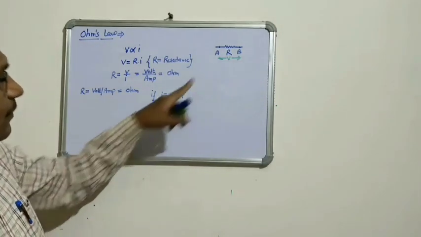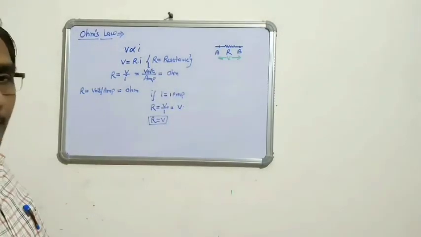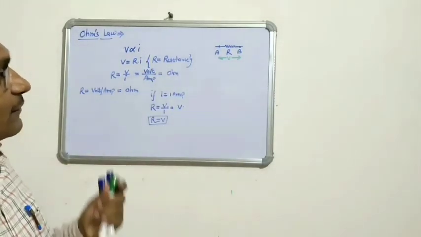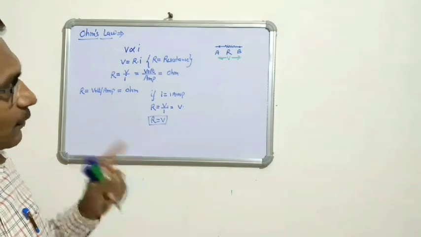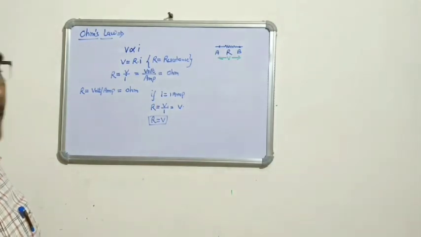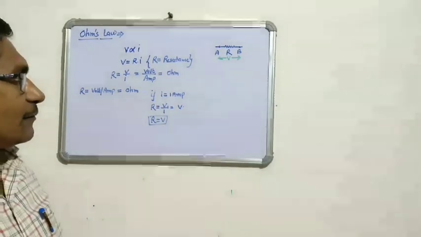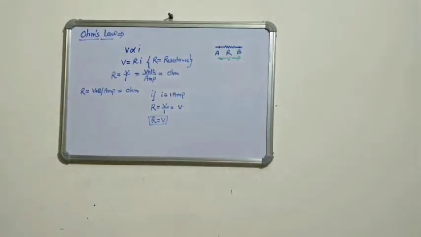When 1 ampere current passes in an electrical circuit, then the potential difference developed between the two ends of a wire is known as resistance. Okay, or another definition,